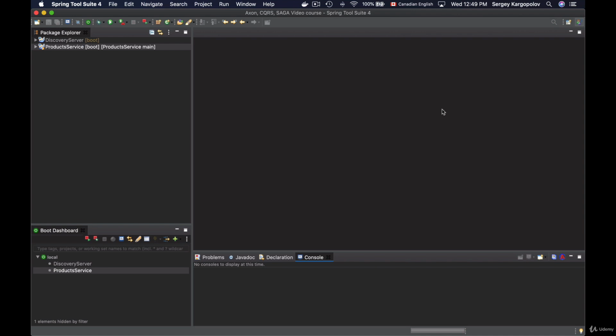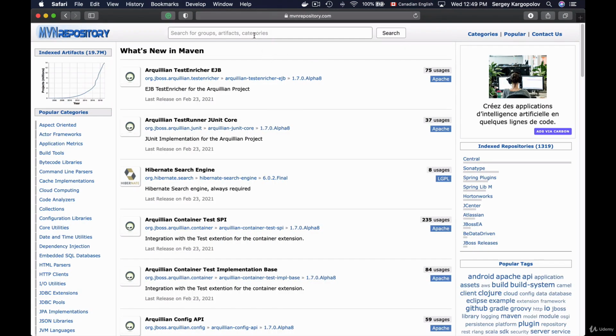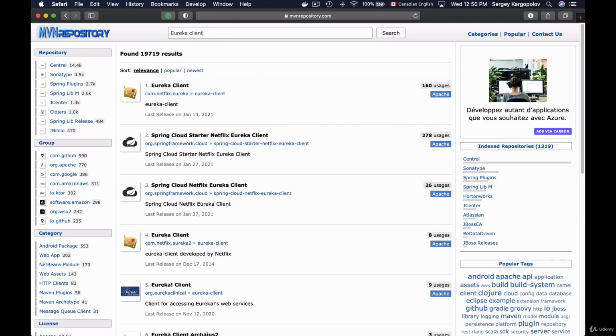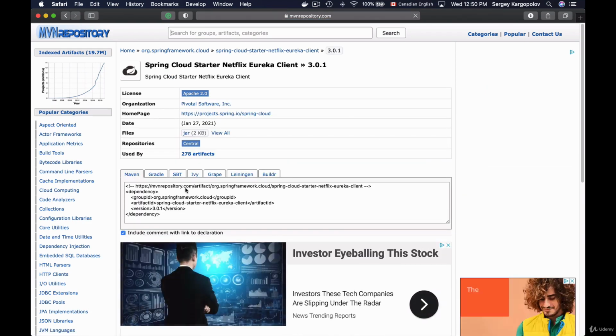And to configure products microservice as Eureka client, I'll need to add to it one more dependency to a POM.xml file. And to find that dependency, I will open mavenrepository.com and I will look for that dependency there. So I will bring in a new browser window, and then I will go to mavenrepository.com and I will search for Eureka client. And the dependency that I will add is Spring Cloud Starter Netflix Eureka client. So I will click on it, and then I will click on one of the latest versions and will copy